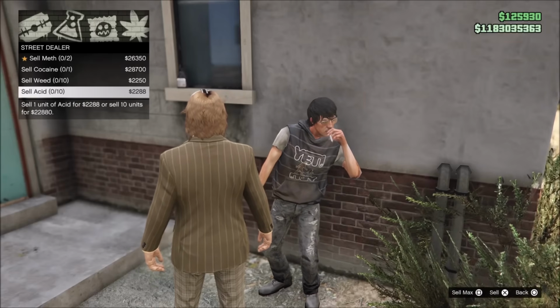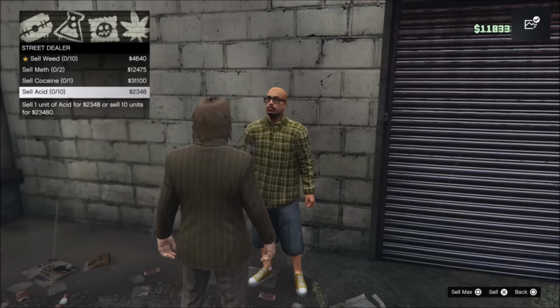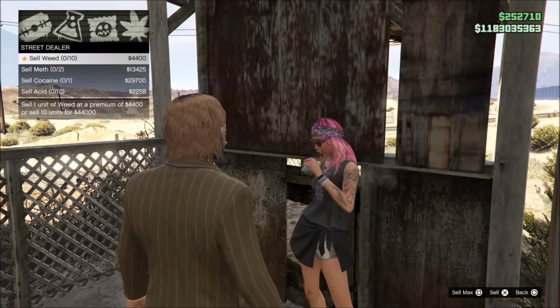But then we take a look at this next dealer over here, and she's giving us a premium price of $4,400 per unit of weed. And then if we looked at the city one, he was also offering a premium price for weed, but a little bit more, $200 extra. And so I ended up just selling everything all together, just to see how much I would get. And I actually got